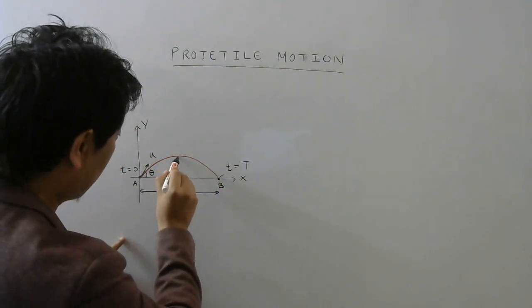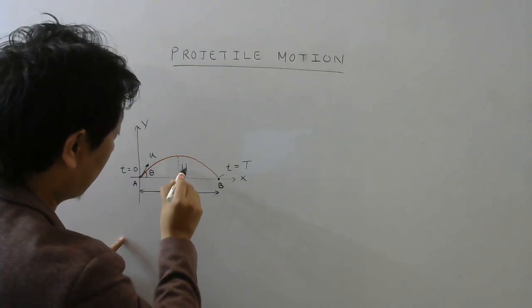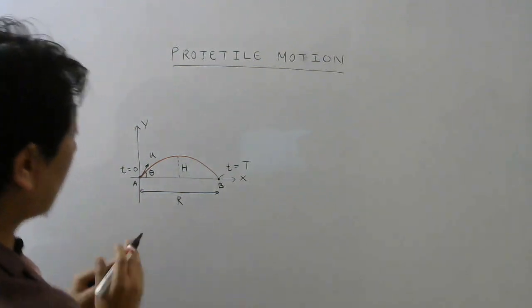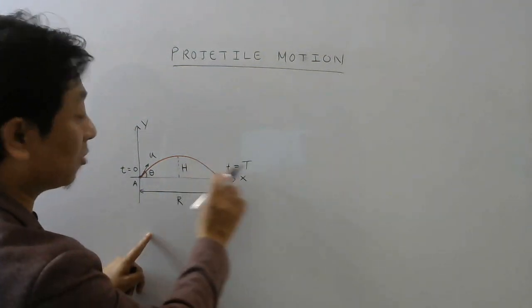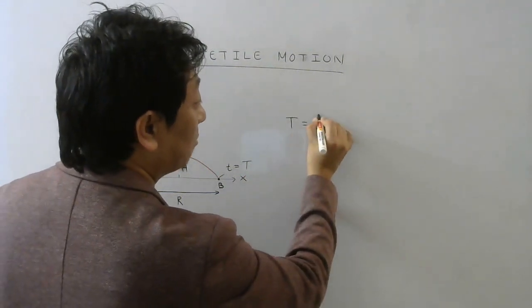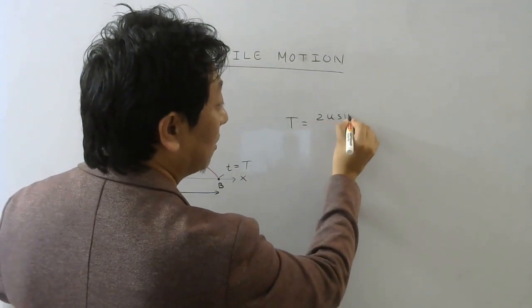So here you can see your height traveled is maximum height. So we have some standard formulas for these three quantities. Let me mention quickly to all of you. The time of flight is given by the formula 2u sine theta by g,